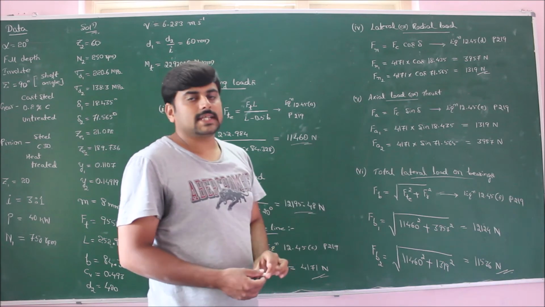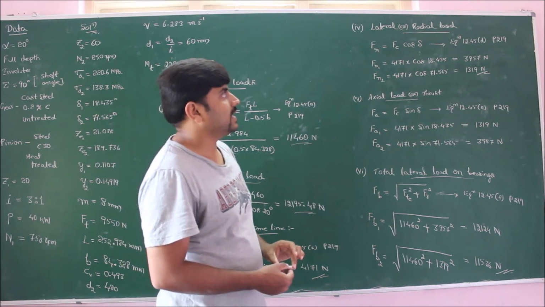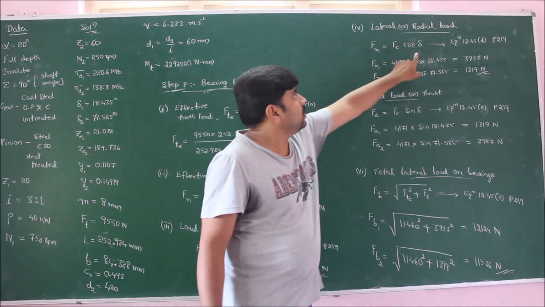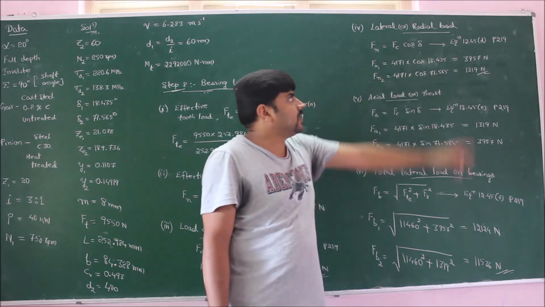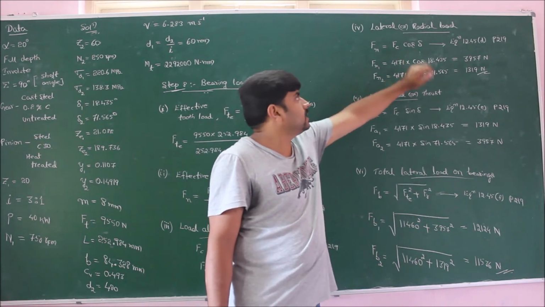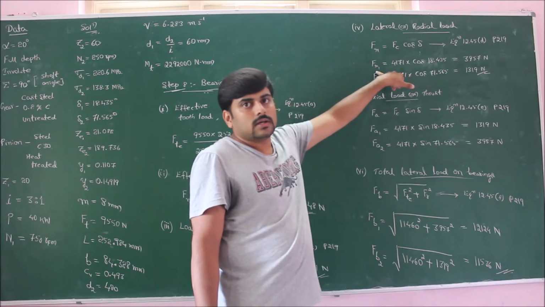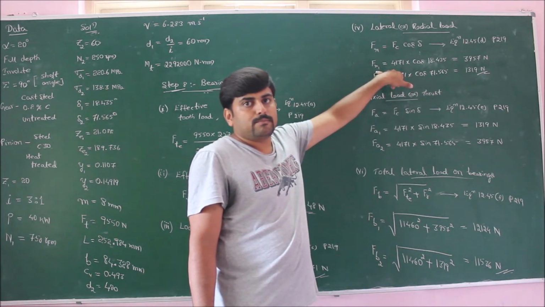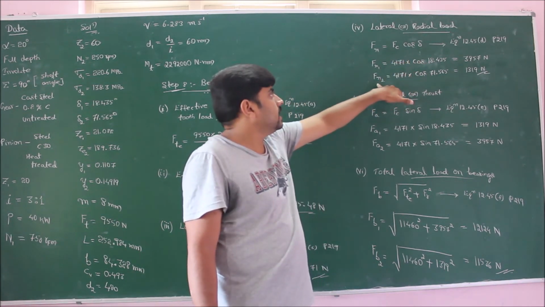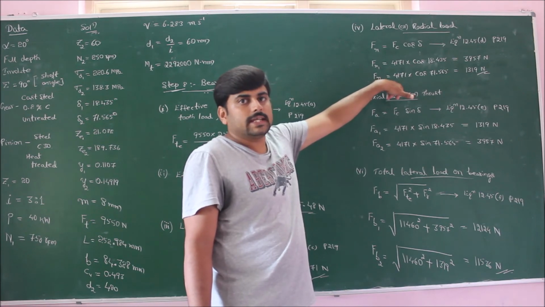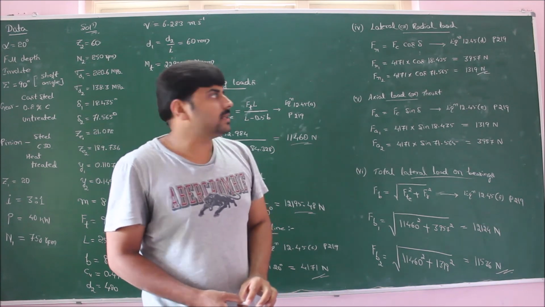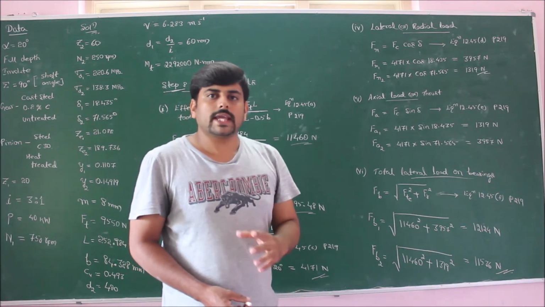Next, moving on to radial load on bearings. The radial load on bearings is given by equation 12.45d of page number 219 of our design data handbook. Here, the value of pitch cone angle is different for both pinion and gear. If I substitute the value of pitch cone angle of pinion, I will get the radial load on bearings of pinion. Substituting the value of pitch cone angle of gear, I will get the radial load on bearings by gear, which is turning out to be 3,957 newtons for pinion, 1,319 for gear.